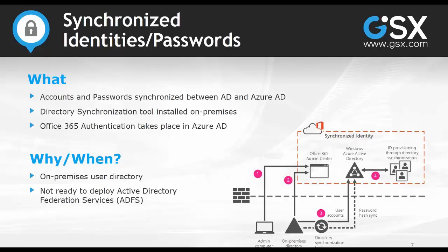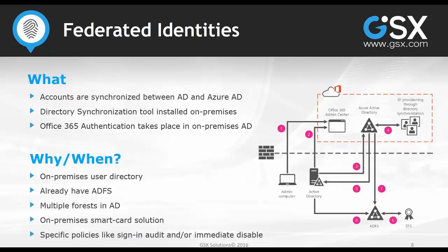And so let's talk about the third architecture, the federated identities. This model requires a synchronized identity, but with one change: the user password would be verified on-premise instead of within the cloud. This means that the password hash does not need to be synchronized. It can be, but it's unnecessary, and this would use ADFS, Active Directory Federation Services, or a third-party identity provider